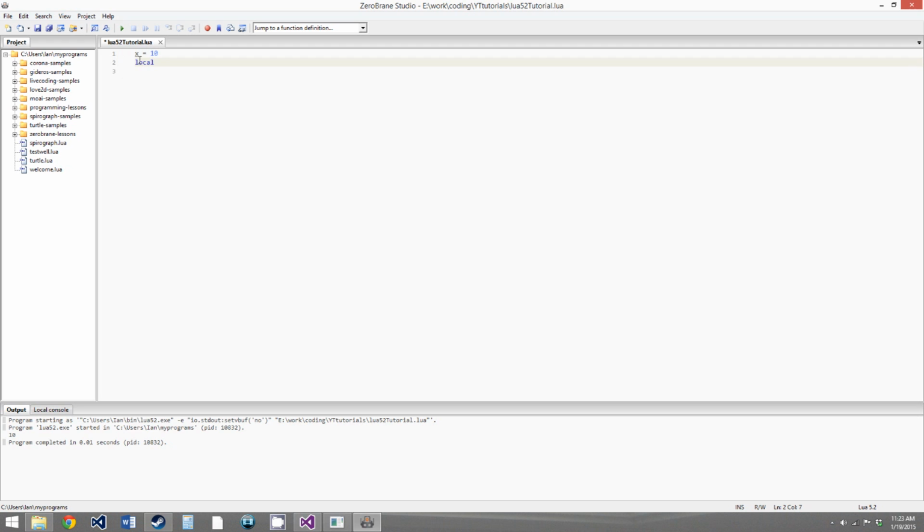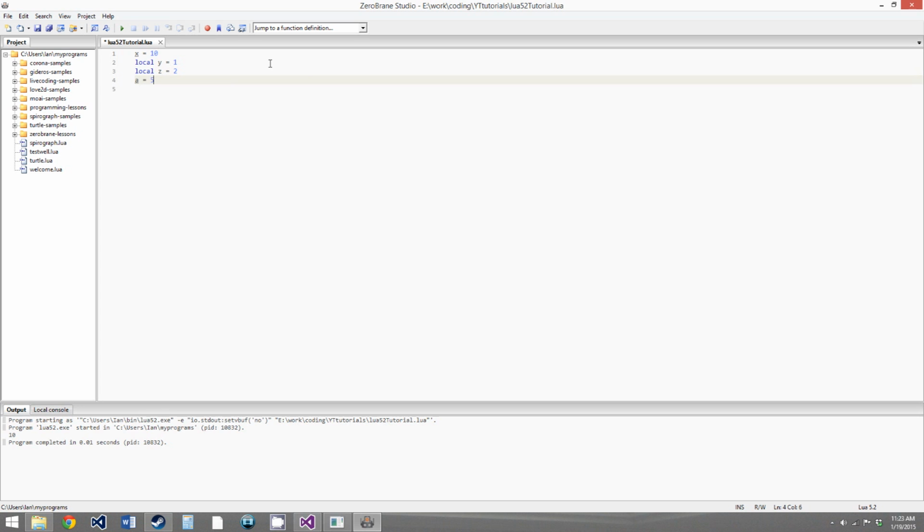So when the interpreter goes through and encases all this code in an anonymous function, these variables will be local to that function, while the x variable can be seen throughout the whole program. So we'll say local y is 1, and local z is 2,